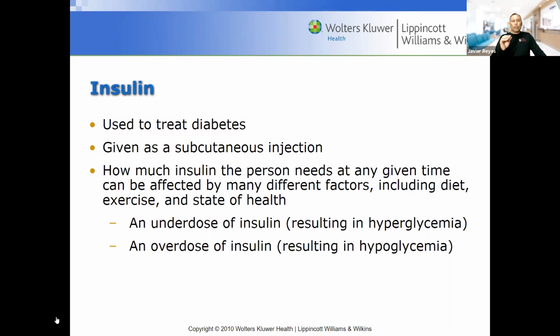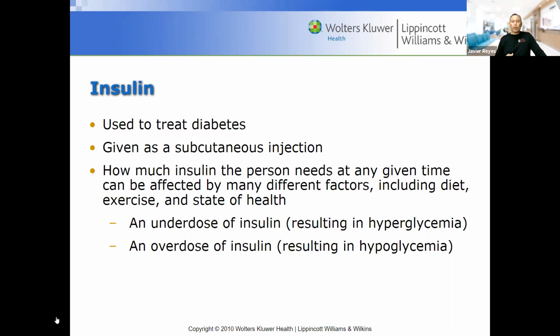A sliding scale means that if the blood sugar is between 150 and 200, give them 2 units. 201 to 250, 3 units, and so on. Okay, that's called the sliding scale, and sometimes we follow that for some patients. And then along with that, they might also have a long-lasting insulin, like the